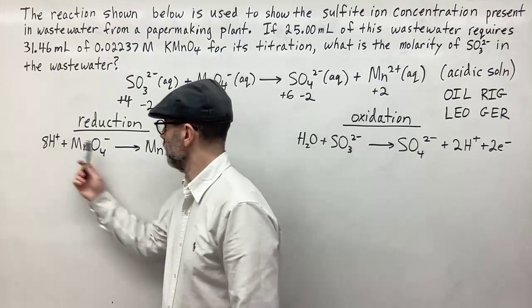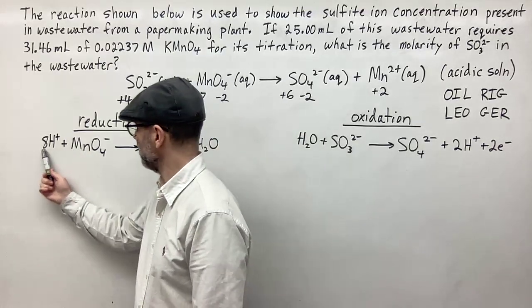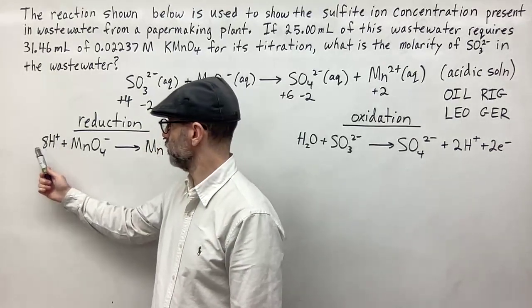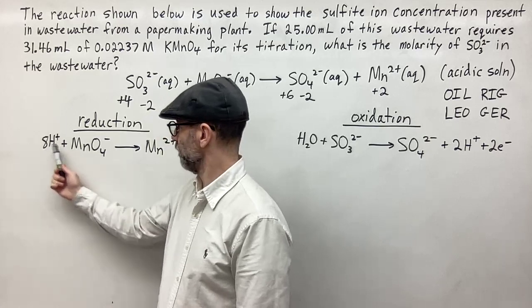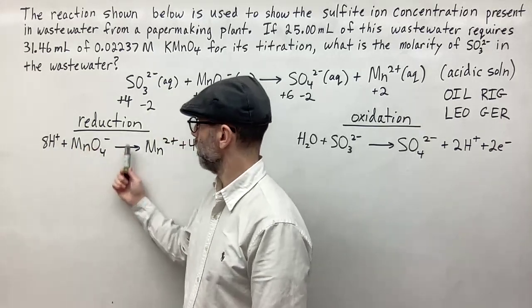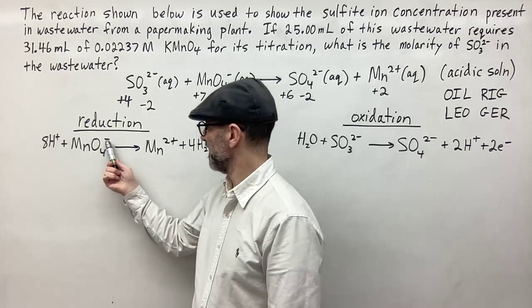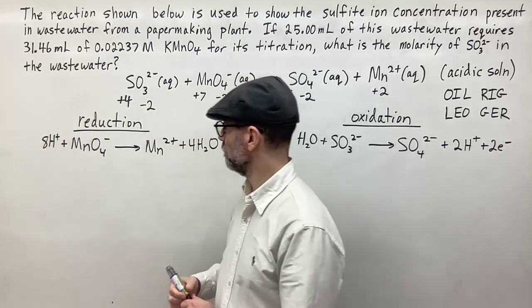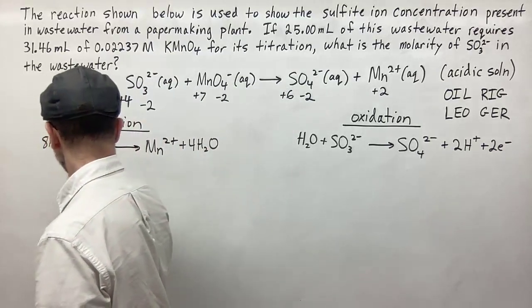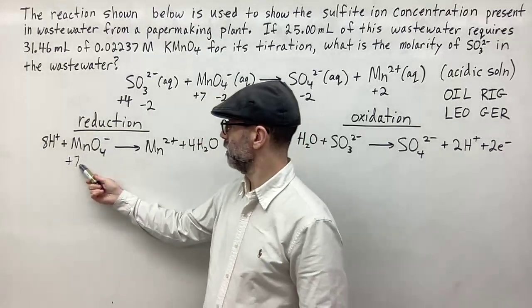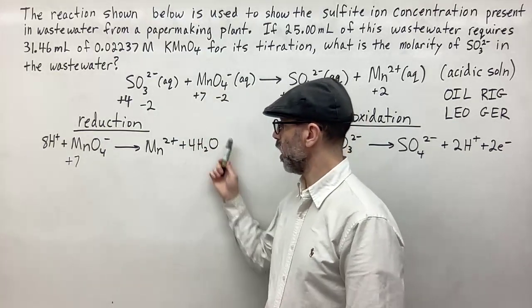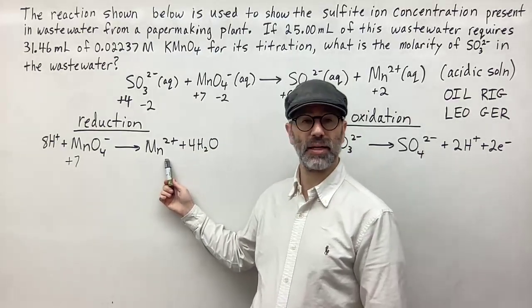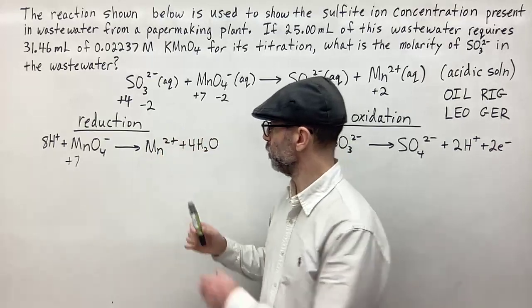So let's calculate the charge. So here I have 8 plus hydrogen. So I have 8 positive charges over here from the hydrogen. So that's 8 plus, or a positive 8. I have 1 permanganate ion. So that's a negative 1 here. So negative 1 plus the 8 gives me a positive 7. So I have a positive 7 total on this side. But here I have neutral water, that's 0. And here I have a plus 2 charge on the manganese. So over here I have a total of a 2 plus charge,